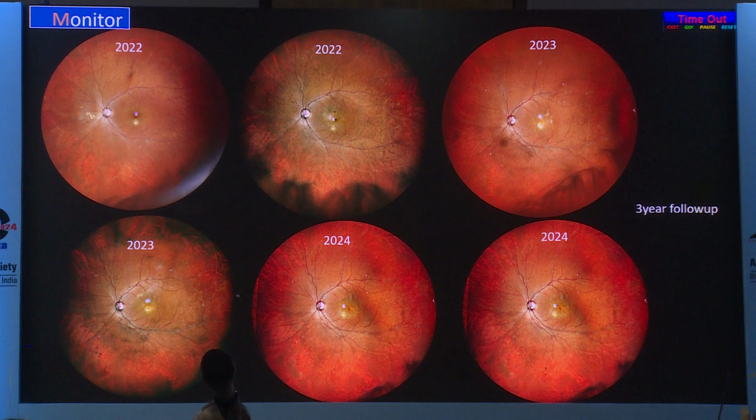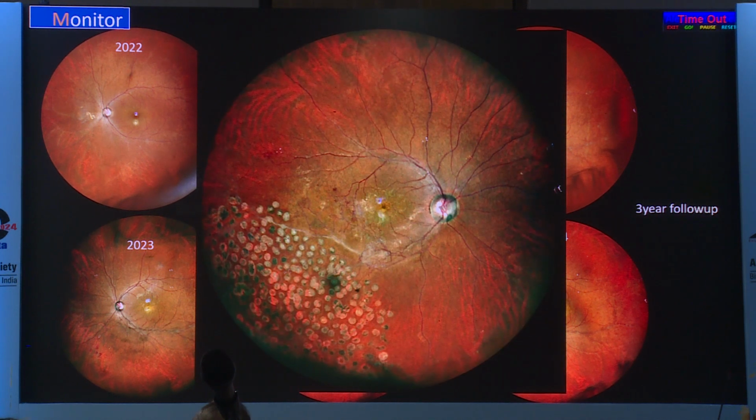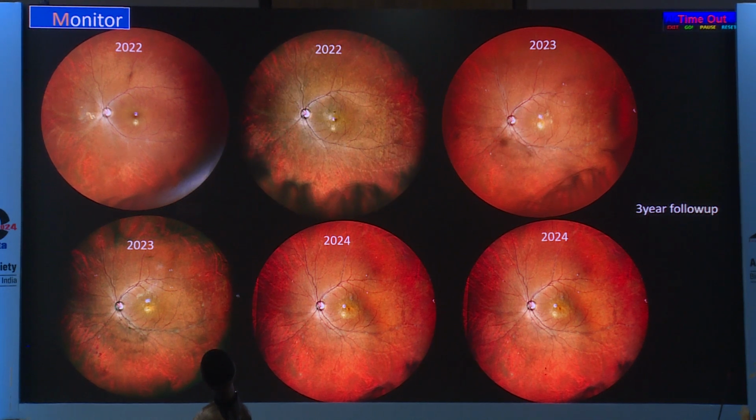Subtle areas of reactivation were picked up very well on serial wide field imaging, and I could prevent something which he had in the other eye, because of using wide field multicolor. The other eye had a vascular occlusion by which he had lost vision. So I could prevent this by closely following up with wide field imaging. As a matter of fact, I could reinitiate treatment. I could add a second immunosuppressive agent, but I definitely prevented this from happening. So close follow-up and picking up subtle changes are extremely useful in cases of vasculitis when you do